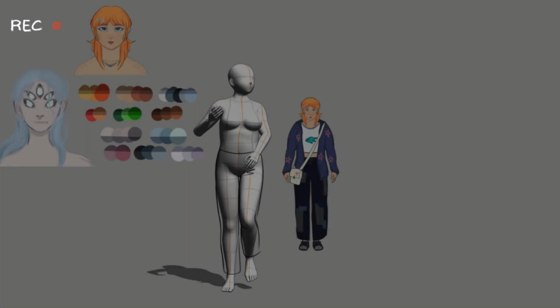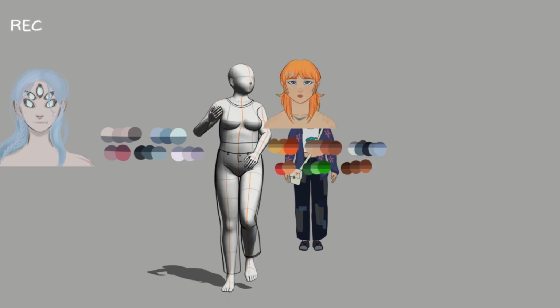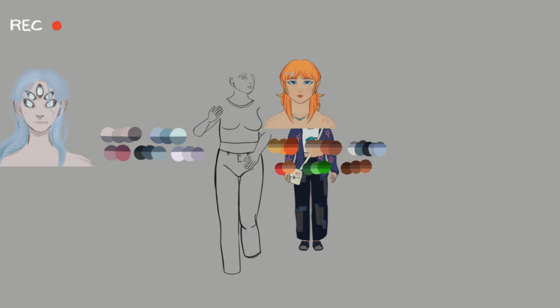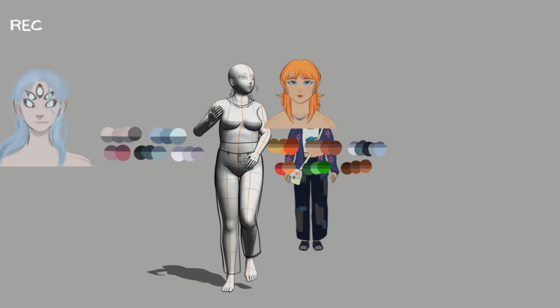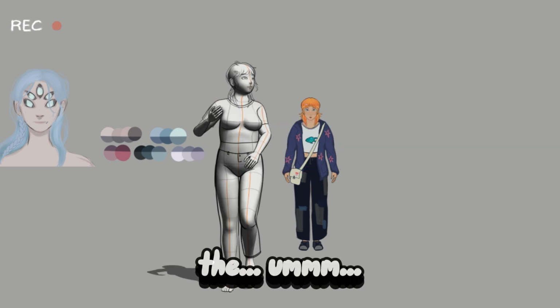And who would I be if I didn't overwork myself? Even after creating those two illustrations and making that entire lore surrounding those characters, I decided to make an illustration to show what happened next. While drawing this, I realized that there's going to be a problem with my original design of the...